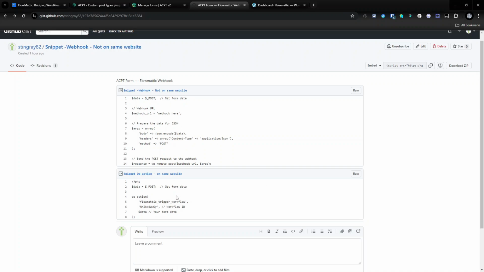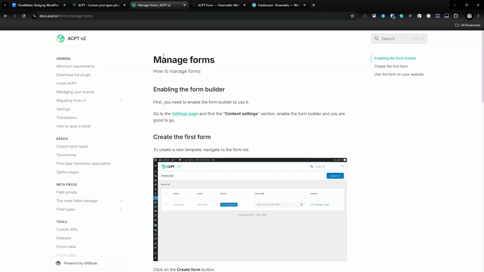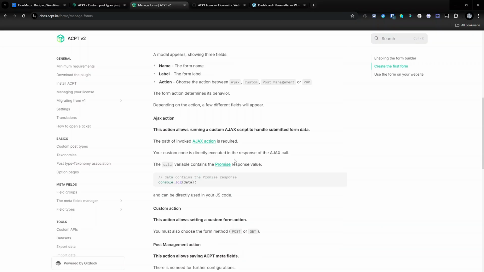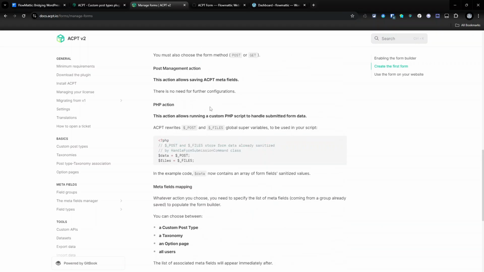And there's two separate snippets here, one for each type. So you would use this one for the webhook, you'd use this one for the do action. So what I'm going to do first is the webhook. And if we go over to ACPT's site, and we look at their reference about forms, and this is in the documentation section of their site, you can see as we get down to here, there's a bit about how you can get the data out, and it basically explains this in very basic PHP terms,